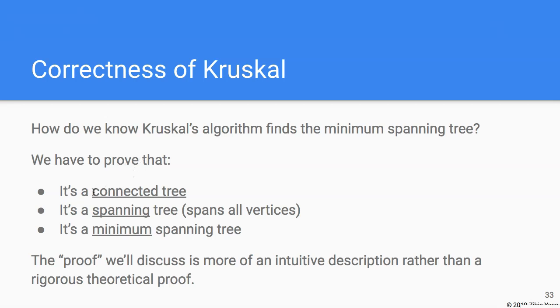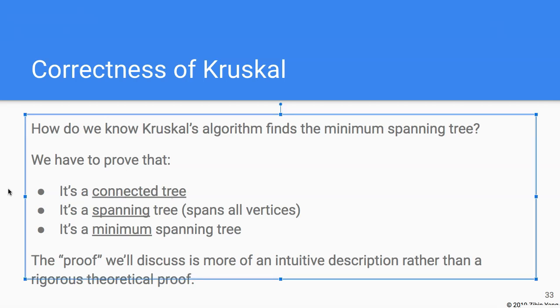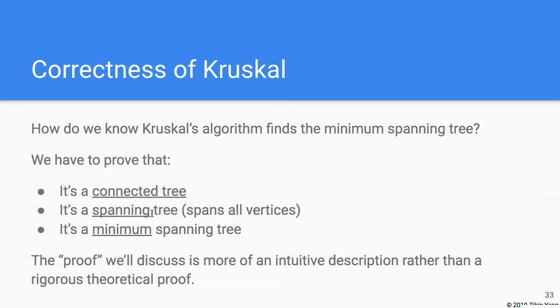So what we have to prove is really the three things of a minimum spanning tree: that it's a tree, that it's connected, that it's a spanning tree that actually spans all vertices, and finally that it's the smallest of such spanning trees. So we'll talk about a proof here. It's not a mathematically rigorous proof, but I just want to give you an intuition